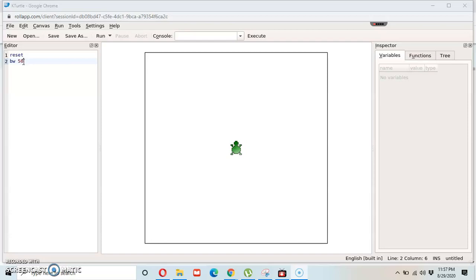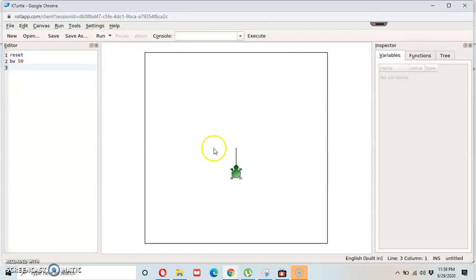I have written the number here. Suppose the turtle is at the center position. Let us give the command BW space 50. The command moves the turtle 50 steps backward. Press the run button. Okay, look. The turtle has moved 50 steps backward.